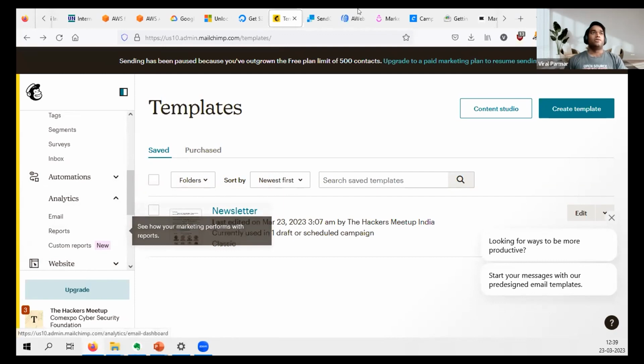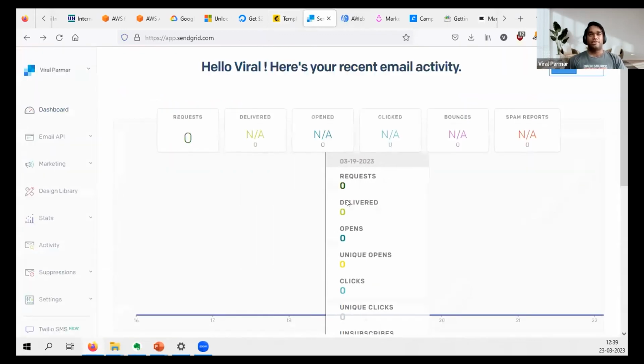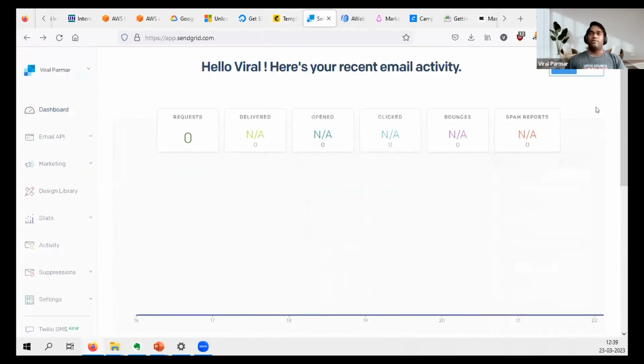Yes. I think SendGrid is good, but things are a little bit complicated with SendGrid. Mailchimp is very easy to use and user friendly, but SendGrid is a little bit complicated. If you want to send emails to someone, it's kind of a headache to create the template and then send it. Also, it doesn't send directly to all of them, and it takes time to send.